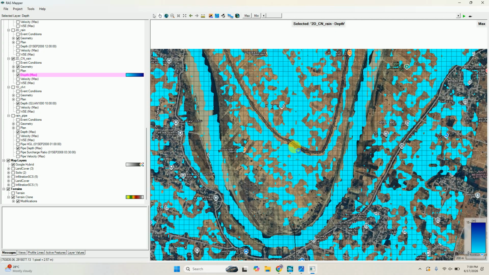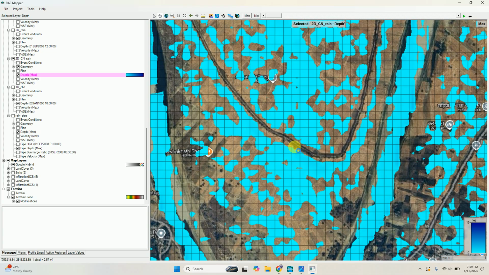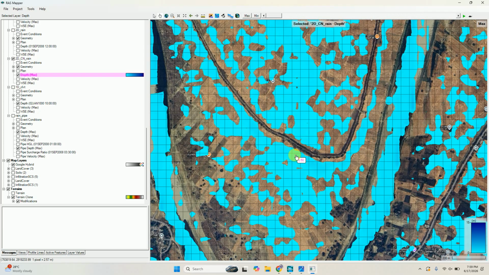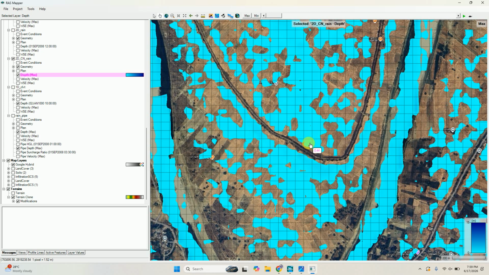So this scenario you can see may happen in any area. If you are modeling an urban area, you can also see the inundation in roads and everywhere. Here I'm just taking an example, and as we started our videos through this area, this is our study area. So I'm going to apply a stormwater drainage system here, and we will see the impact, how we can apply a stormwater drainage system in the model, and how we can simulate it.